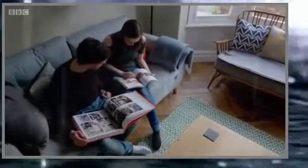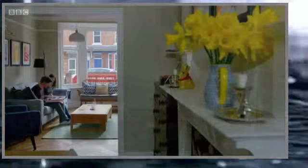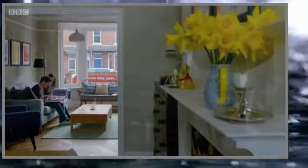There was an old lady who lived here and it hadn't really been touched for about 60, 70 years, maybe even a bit more. Then we had to rip everything out and start